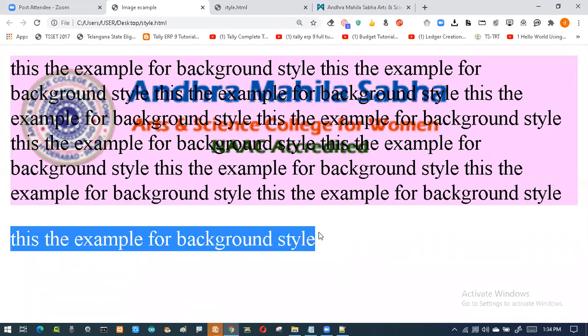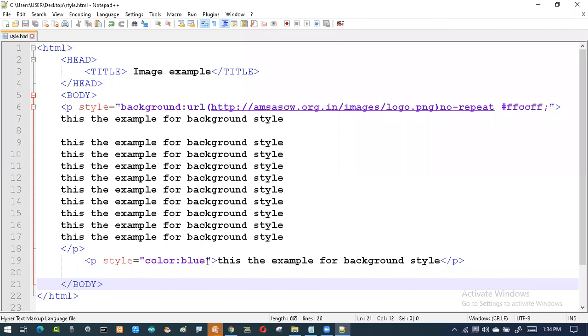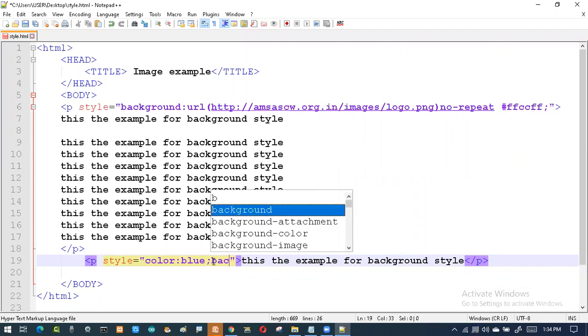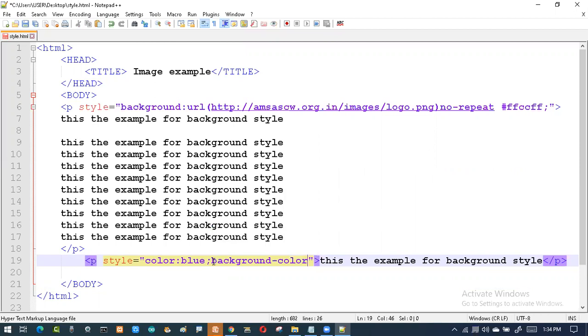Now if you want background color as well as the text color in this fashion, then what you do, again I'll say semicolon here, because I will write the style attribute only one time. Then I'm closing this one by semicolon. Then I'll write background color.